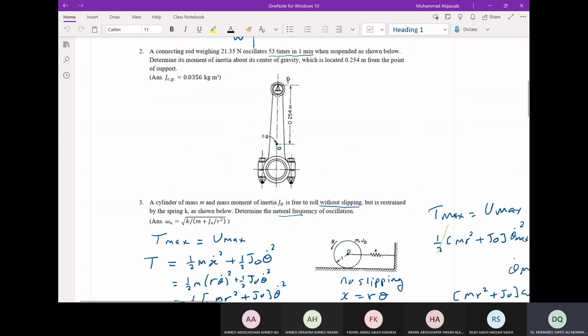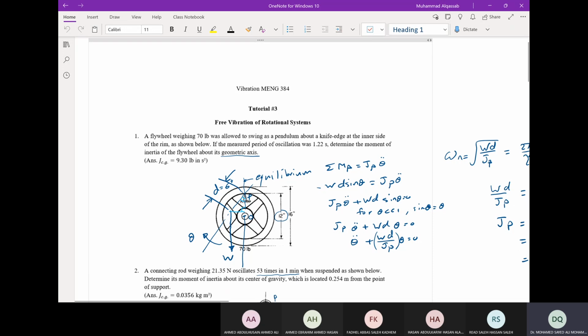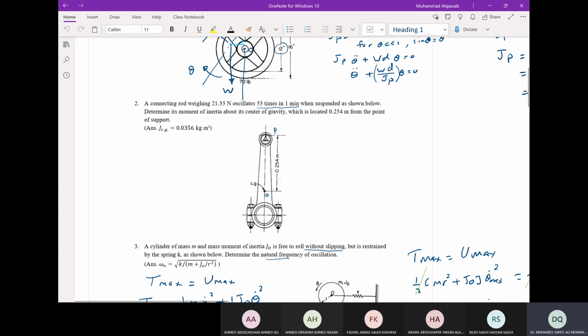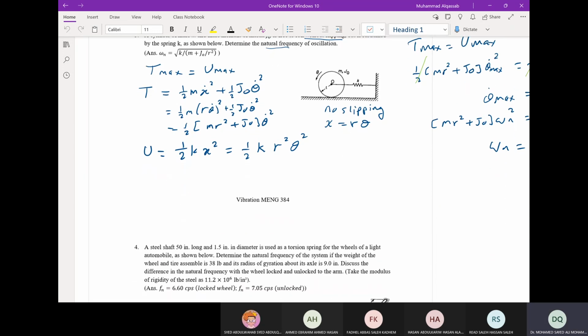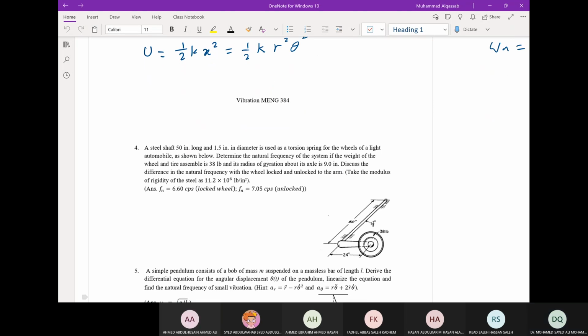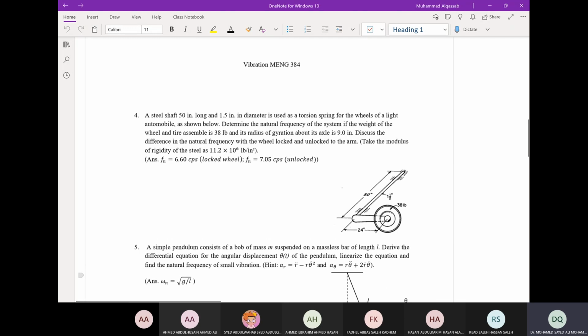Okay, so this tutorial is about the free vibration of rotational system, and you can have two types of problem here. Either you have swinging motion or a rotational motion of a pivoted object, or you have the spring and the cylinder, or you have a shaft. Okay, so here question number 4 is a shaft